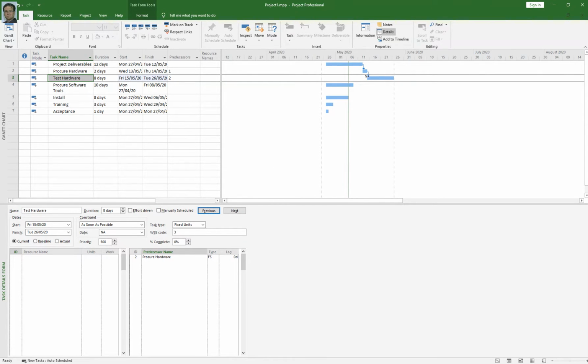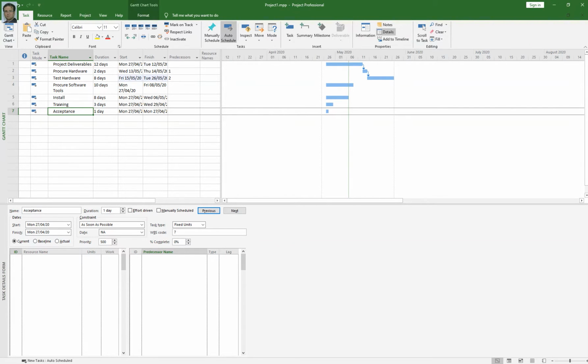This is another way to link your activities. For instance, you want to link your activities training and acceptance. So just select both, click on the task tab, and under the schedule group, click the link button.